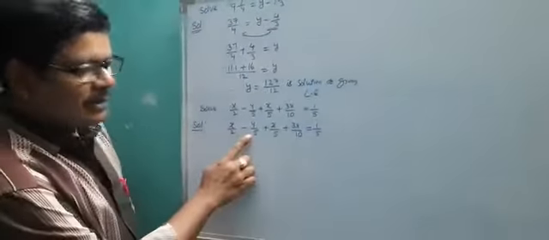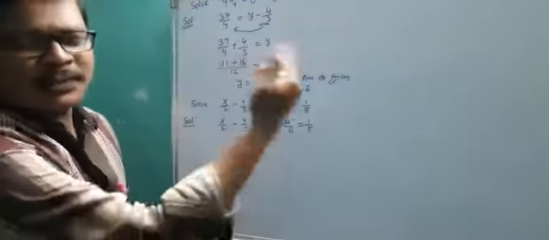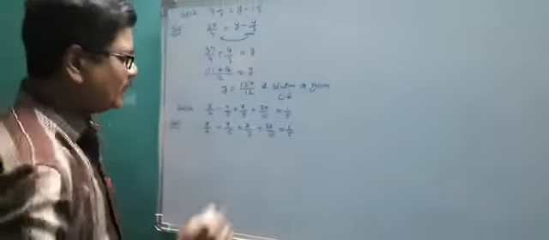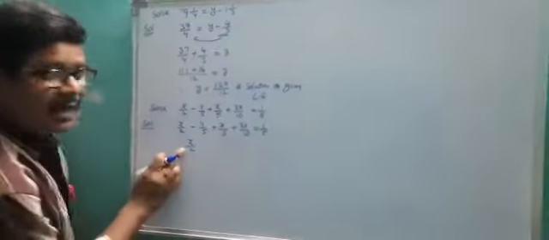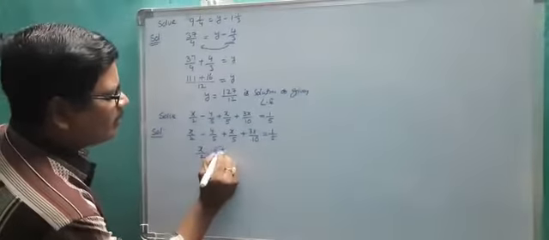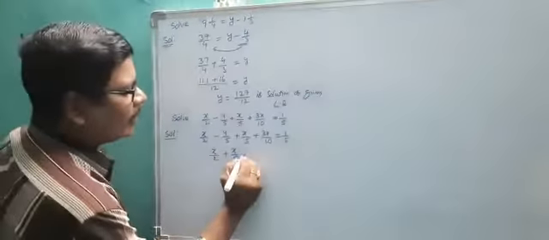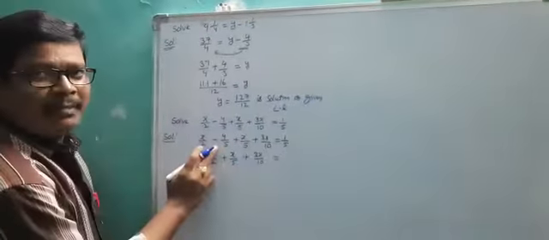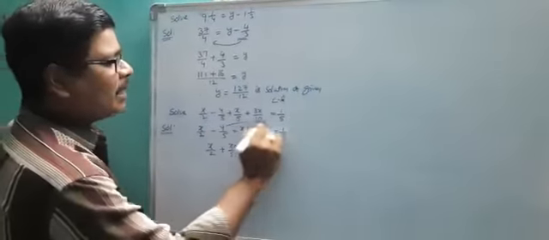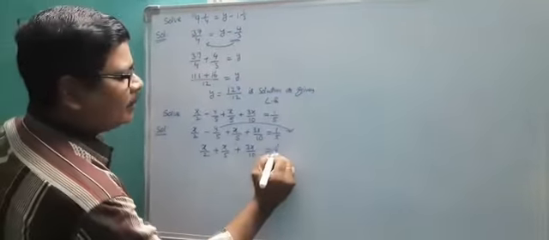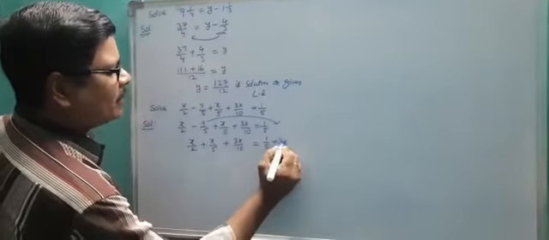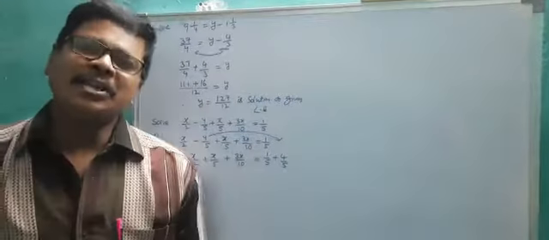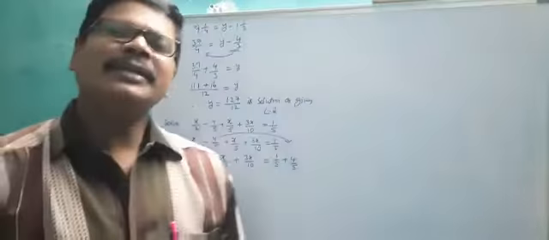That means this is minus 4 by 5. After transposition, it becomes a positive quantity. That means plus 4 by 5. So remaining x by 2, it has the variable x, plus x by 5 variable term, and plus 3x by 10. Okay, now the constant minus 4 by 5, after transposition it becomes positive. That means 1 by 5 plus 4 by 5. Okay, so they are in rational form. Now convert that into simple form.